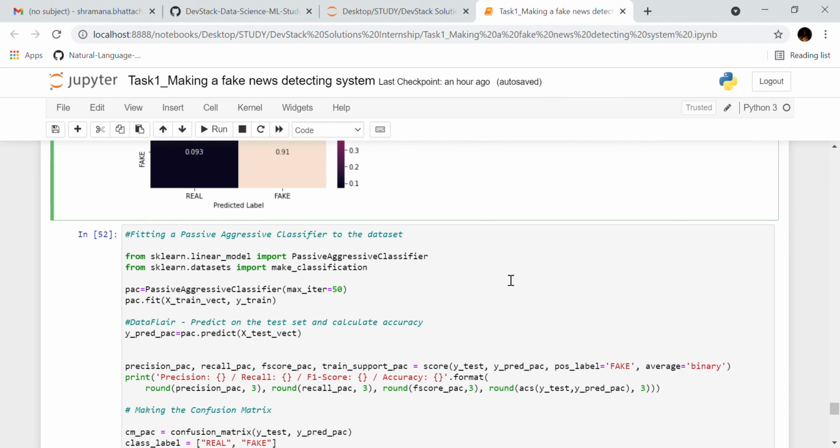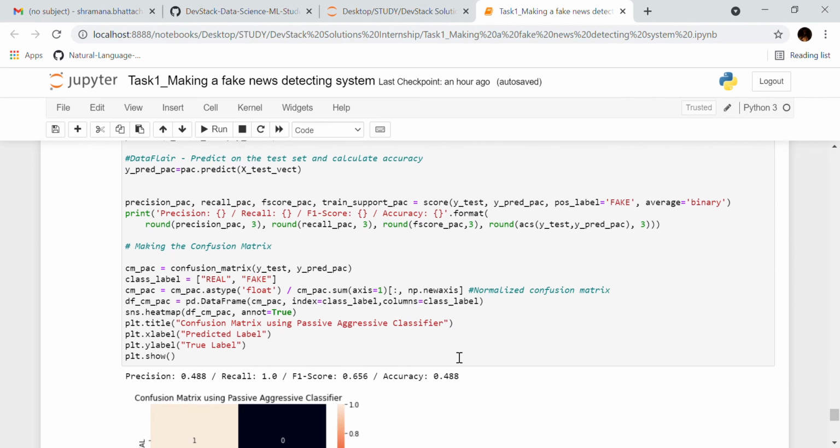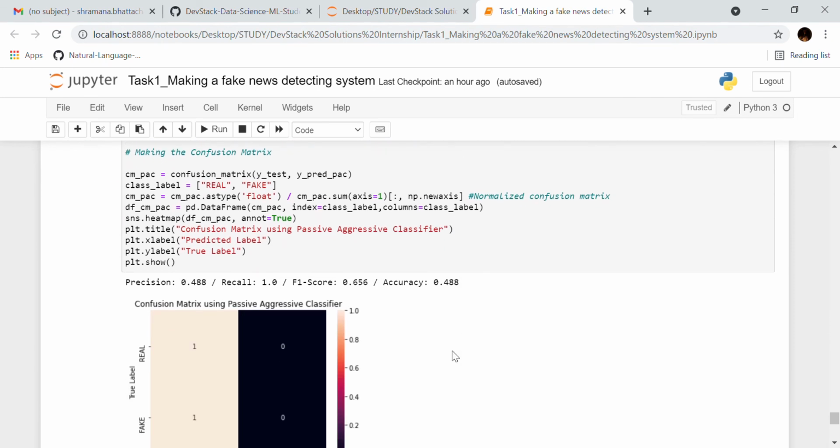This passive aggressive classifier is actually a less used machine learning algorithm, and how it works is that it is passive if the prediction is correct. It will keep the model and will not make any changes, that is, the data in the example is not enough to cause any changes to the model, whereas if it's aggressive, that means the prediction is incorrect. That means it's making certain changes to the model, that is, some change to the model may correct it. Okay, same thing is done. We will try to get the precision, recall, F score, the accuracy, and also the confusion matrix.